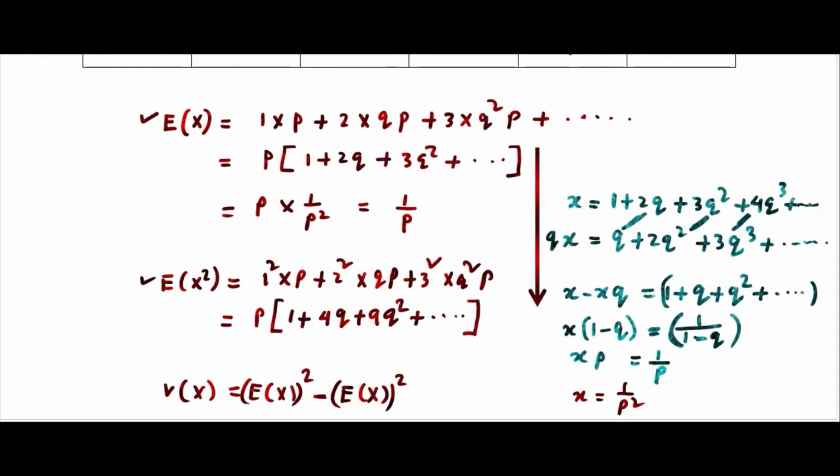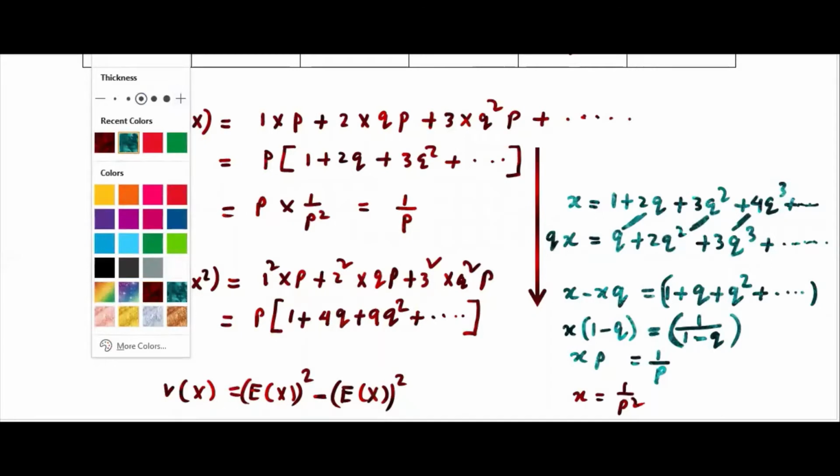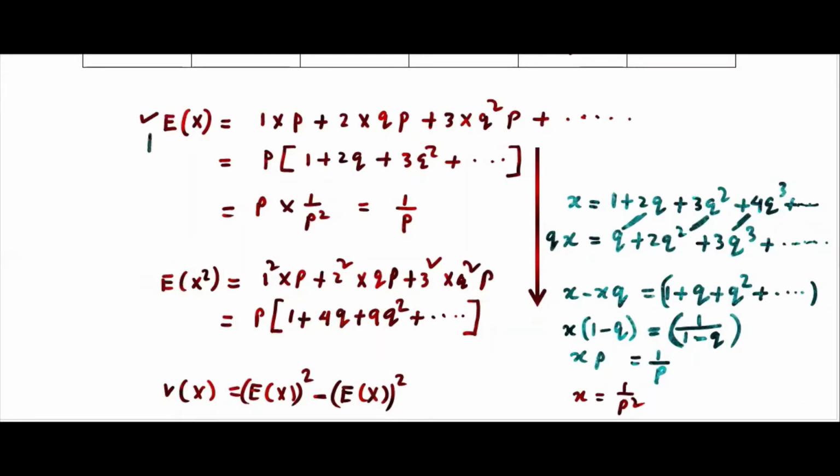Remember the differences here: 1, 2, 3, 4. I mean, I'm talking about the coefficients here, not the powers. If you see the coefficients here, they are 1 square, 2 square, 3 square, that way. We can do this one as well, taking another y. Let's see if we can do that here. We'll try to do it here only.